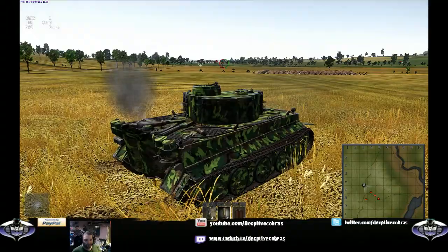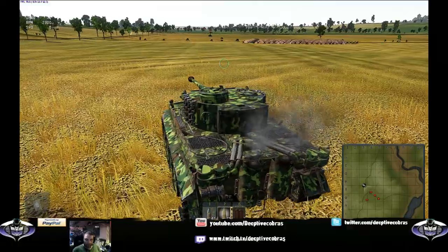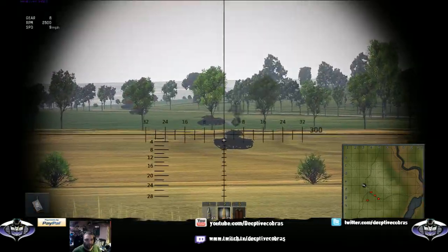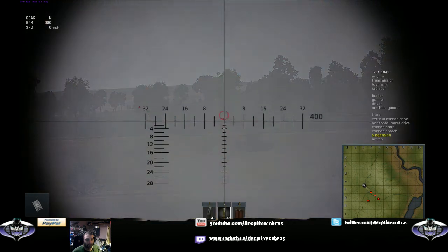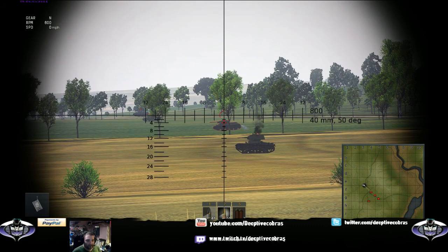See, you can see it, you can feel it, the way it's turning. It's not turning on a dime, and I'm just pressing the A key to turn my outside wheel. Yes, I do realise I only have HE loaded. I'm proving a point here. If I was to truly want to hurt this tank, I'd immediately switch out to...